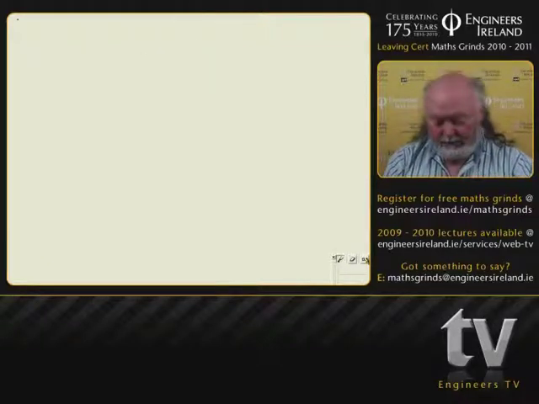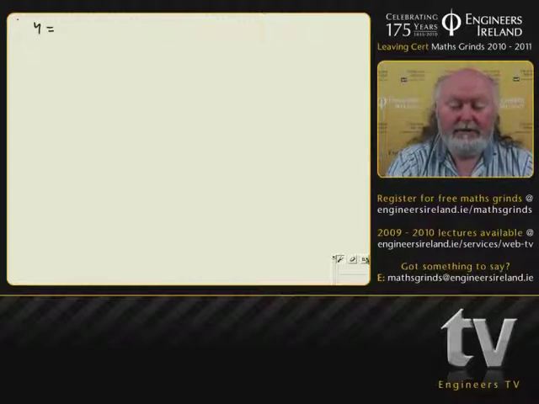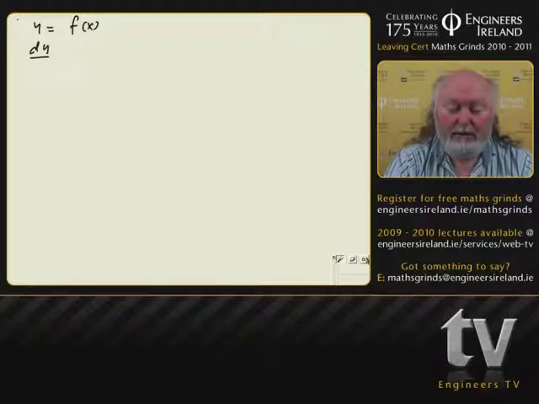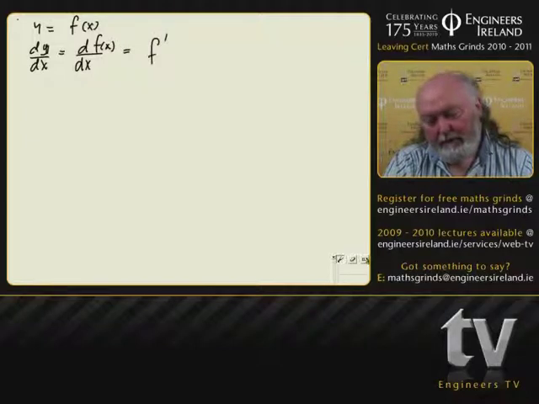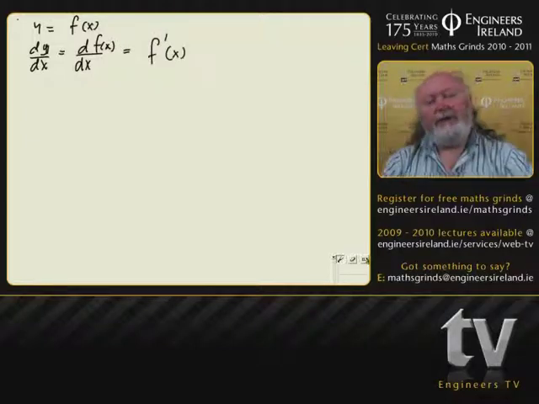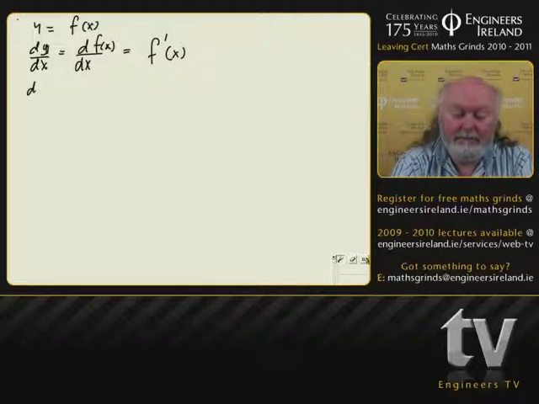Now we're coming to a new one, and it has to do with higher derivatives. If we have y is some function of x, we know already that dy dx is finding the slope of f. Okay, and we would have written before that's the d dx of f of x, and we'd have already called it this f dash at x. Similarly,